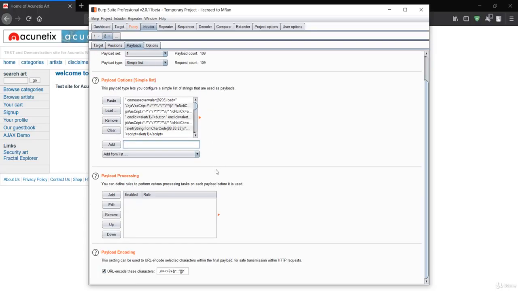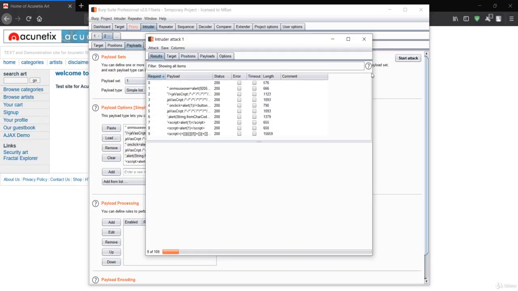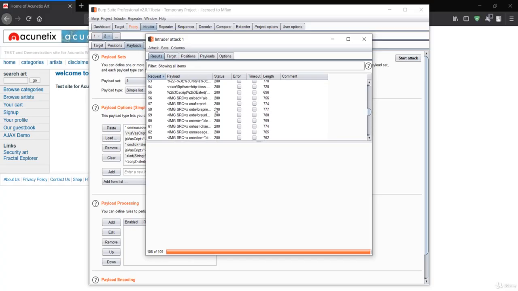There is a simple thing over here. You need not touch this payload processing, and this is basically your payload encoding. It will make use of this encoding in the HTTP request. The next step is to go to the right-hand side and press this Start attack. Let's give this a little bit of time to see how this works. Let me wait for a moment, and it has made all the attacks. You can see we have successfully made the attack on each of these payloads.